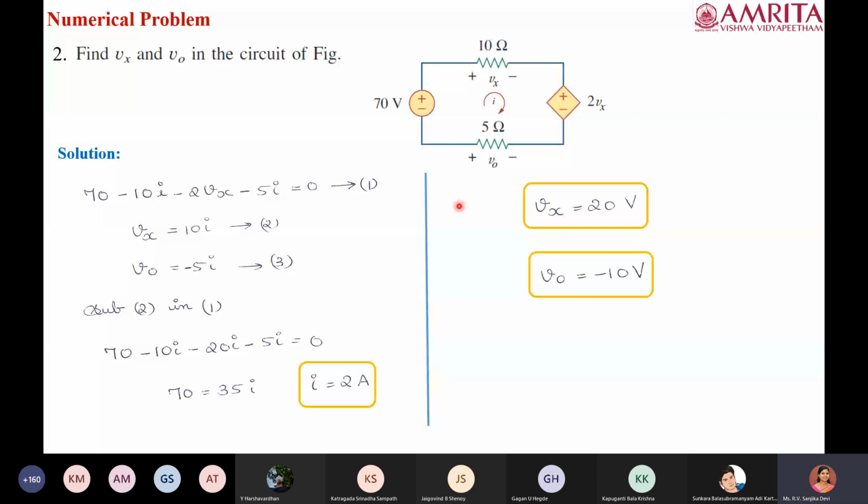Okay, so when you're getting the answer as negative, what does it mean? Here the reference convention they have given for V0 is -10. It means that actually the polarity has to be the opposite, but they have given a random value. And since they have given a random value, the answer tells that the value they have given is not correct. But you need not worry. You can give the answer as -10 volt. That is also accepted, which tells that the actual polarity has to be opposite to the polarity they have given. That's it. Okay.